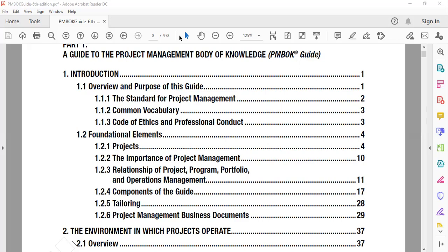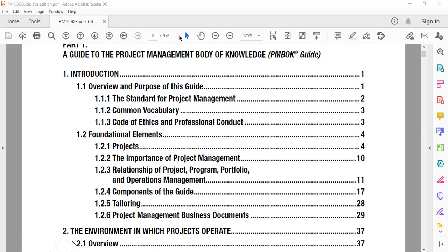Based on my promise, this is the day 3 video, which contains chapter 1 explanation. If you look, these are the topics. The first topic is the standard for project management. If you remember, on the first day, I told you that this PMBOK, Project Management Body of Knowledge, contains a standard and a framework. The standard part is approved by ANSI, while the framework is not. The whole guide is quite prescriptive. It's very detailed from different industry standards, good practices but not best practices, because it would be best practice only for that particular industry.